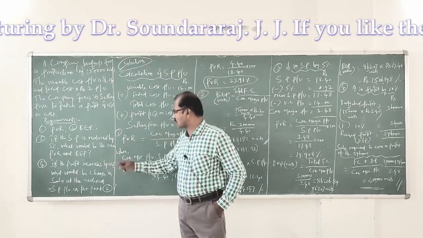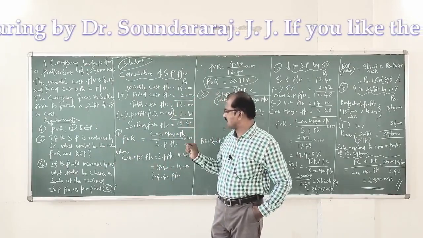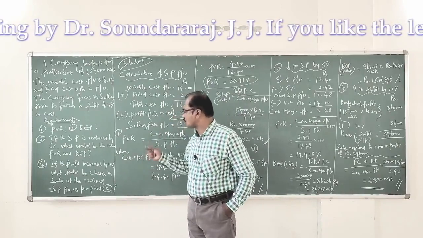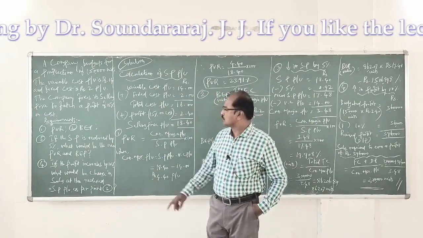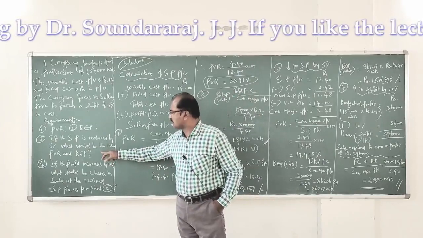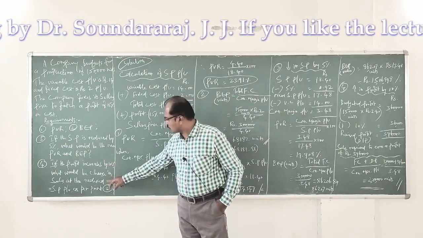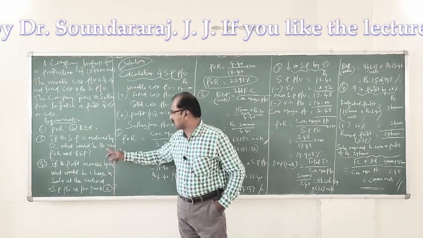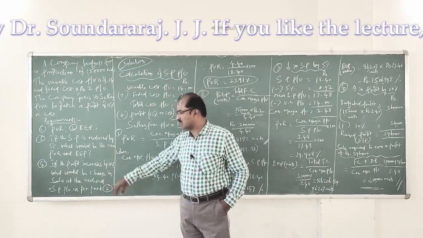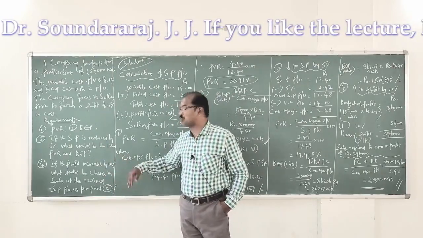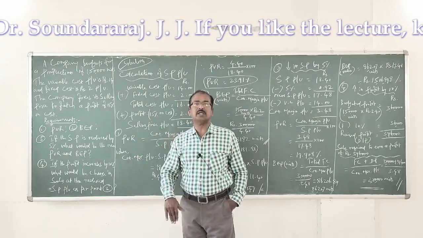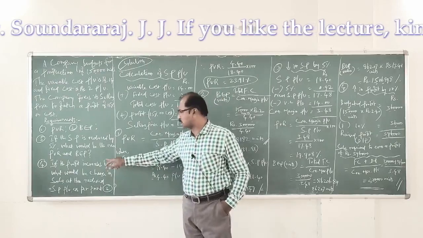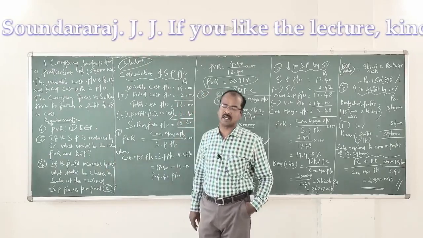Then requirement 4 has got a question. If profit increases by 10%, what would be the change in sales at the reduced selling price per unit as per point 3? So you have to consider the reduced selling price which you calculate as per point 3 to have your working in relation to point 4. In point 4, at the reduced selling price, if you increase profit by 10%, what would be the change in sales to earn the increased profit at the revised selling price which we will calculate as per point number 3. This is the understanding of the problem.